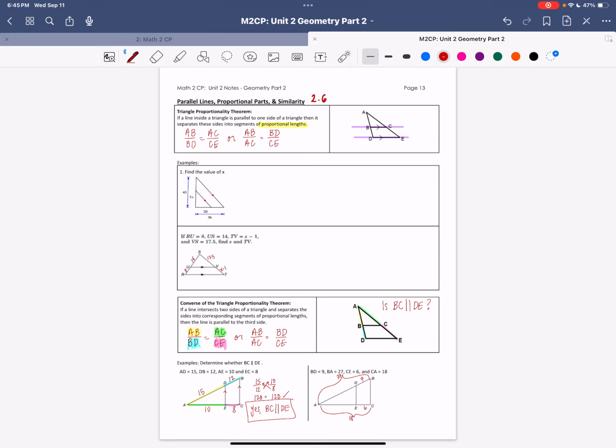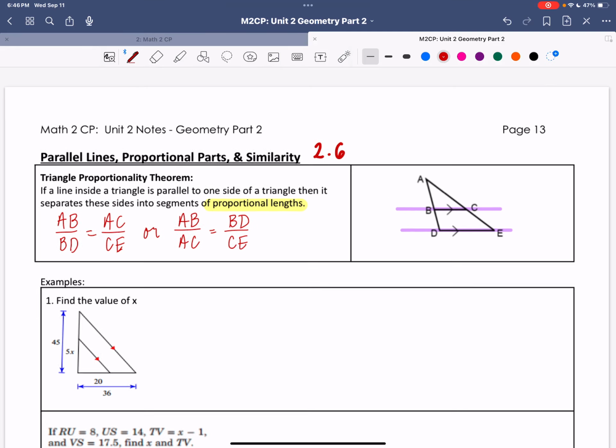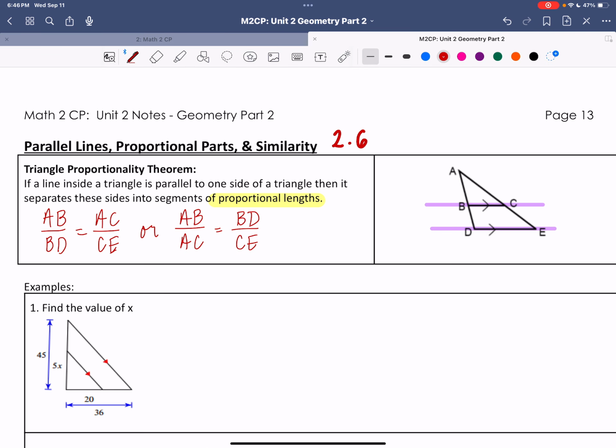All right, we're going to talk about parallel lines, proportional parts, and similarity. So let's get started here. So the triangle